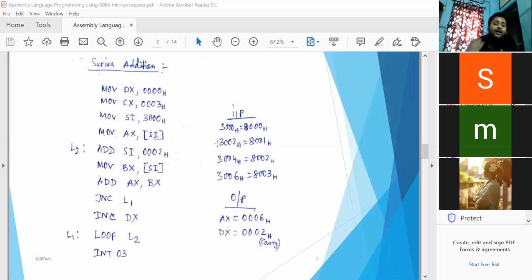But here you can perform the same thing with a loop instruction, where automatically CX, the counter value, is decremented by 1 after each addition, until it reaches 0.